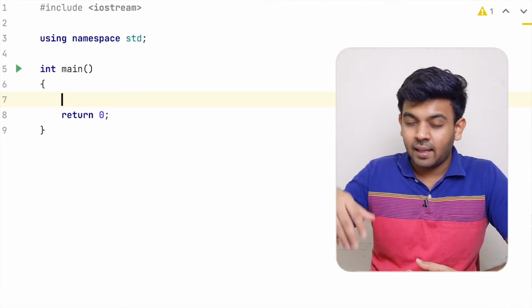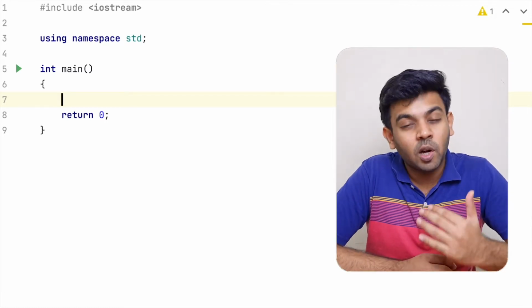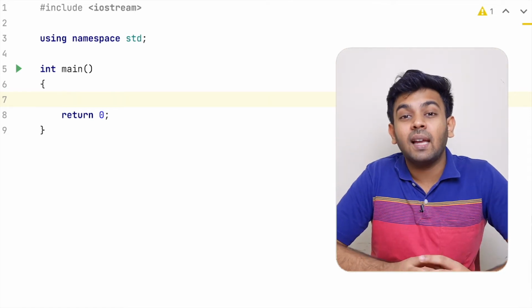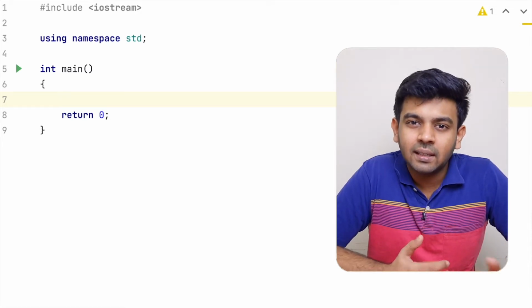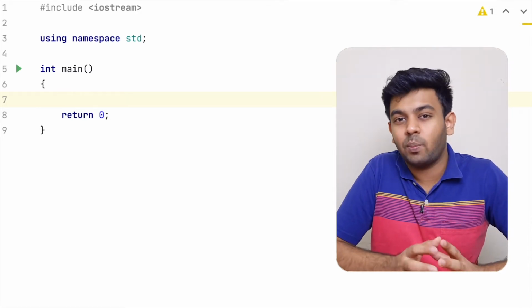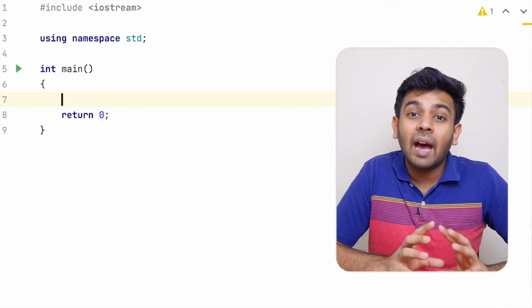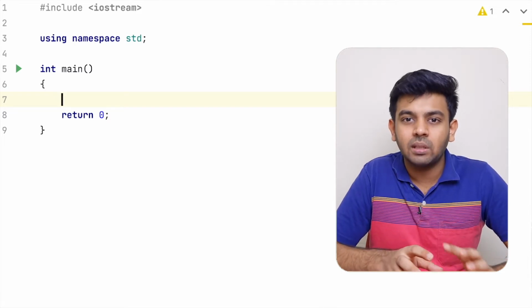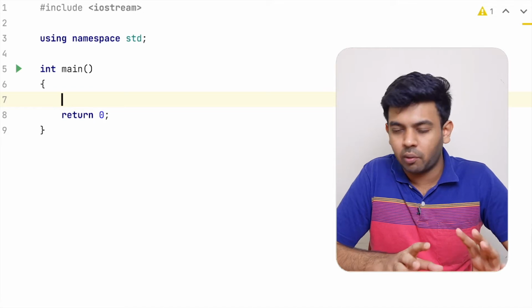Okay, so since the basic thing is done, we have to get this array input, right? The input format that they have given is: the first line contains the size of the array and the second line contains the array itself. So if the first line contains n, the second line contains n space separated integers, that is the array. You have to get that input, and after that you have to add all these numbers and store it in sum and print this sum variable. That is the logic that we are going to use.